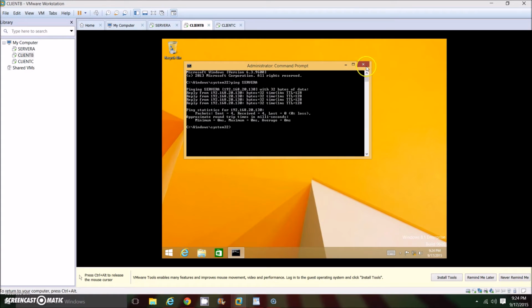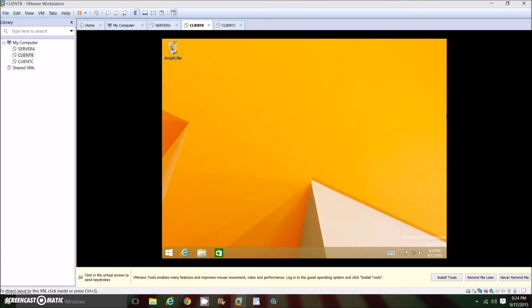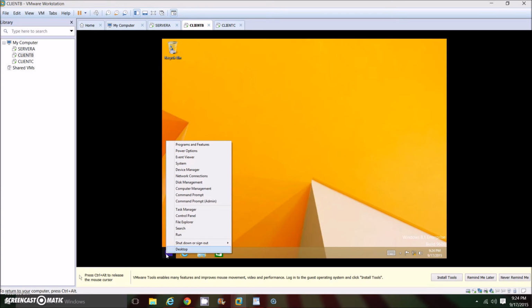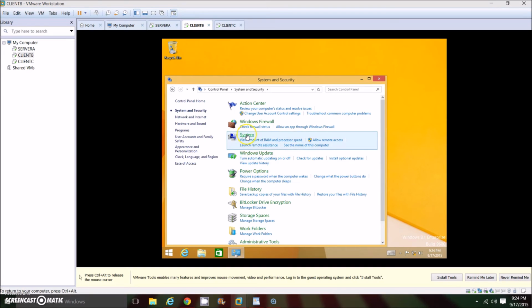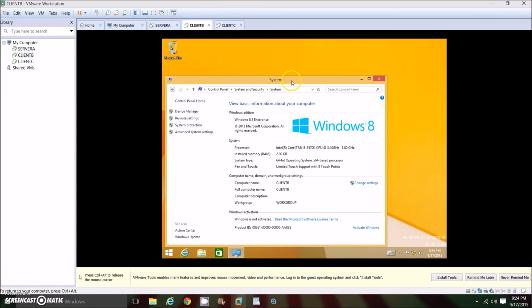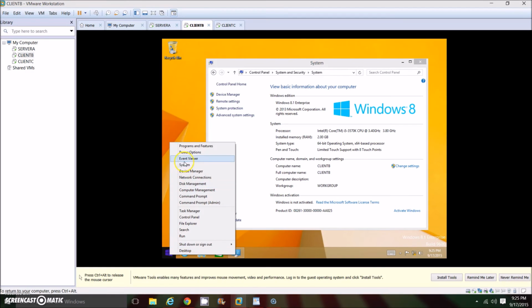So now we're going to do exercise 2.2, which is joining a domain. We've already signed into our client B as the local admin. So we're going to right click the start button and go to the control panel, and in system and security we're going to click on that and go to system and click on that. We could have also just right clicked on the start menu and gone to system, but they wanted to show you